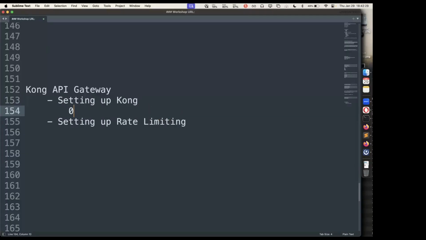When we set up Kong, our application will be proxied through Kong. We're not going to be calling the application URL directly. We're going to be calling our application URL via the Kong interface. And by setting up rate limiting, we're going to experience how this goes. So in order to have this set up,